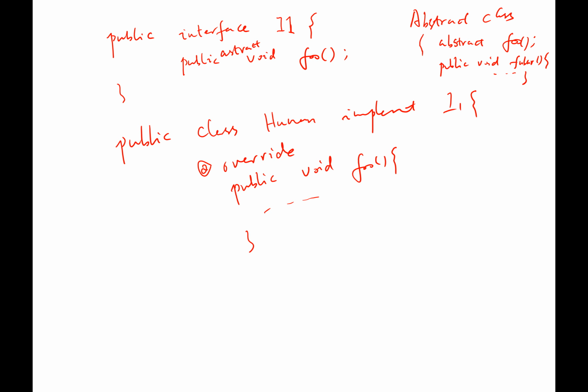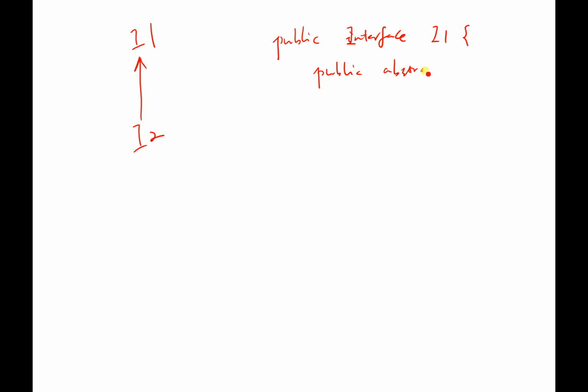The last thing I want to talk about is that an interface can also extend from another interface. So you may have interface I1, and you may have another interface I2 that extends from I1. You may ask, why do we want to do this? For example, if you have a public interface I1, and in it you have an abstract method called void foo,